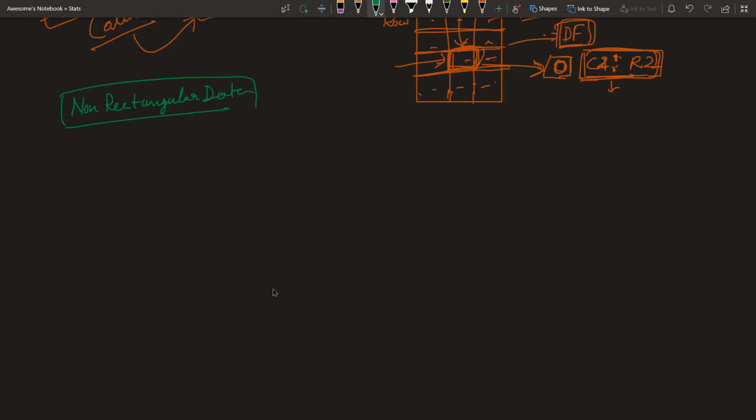What do we have as non-rectangular data? For example, what is non-rectangular data which we can't feed into a table right away? A couple of things I can highlight. Let's say I have time-related data, places which I need to consume as time-related data. Time-based data can also come as rectangular data.